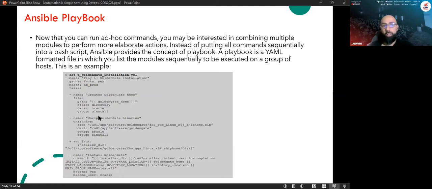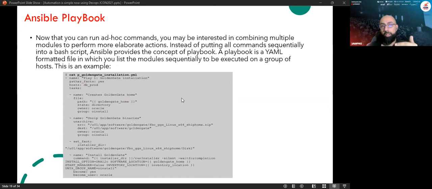The user and the owner, for example, the directory, and the zip file or the media that will be installed. Over here, you need to define the location of the media and upload it, for example, to the Ansible server, and allow the Ansible server to copy this media to another server.